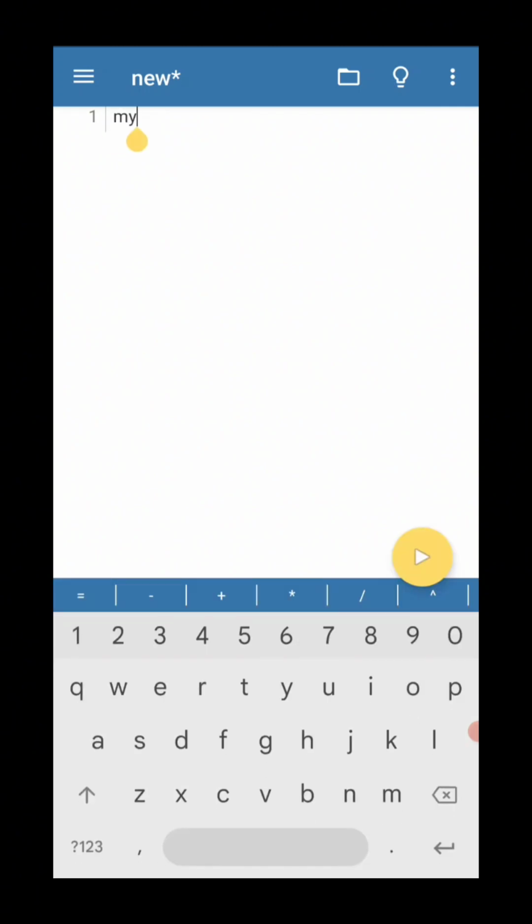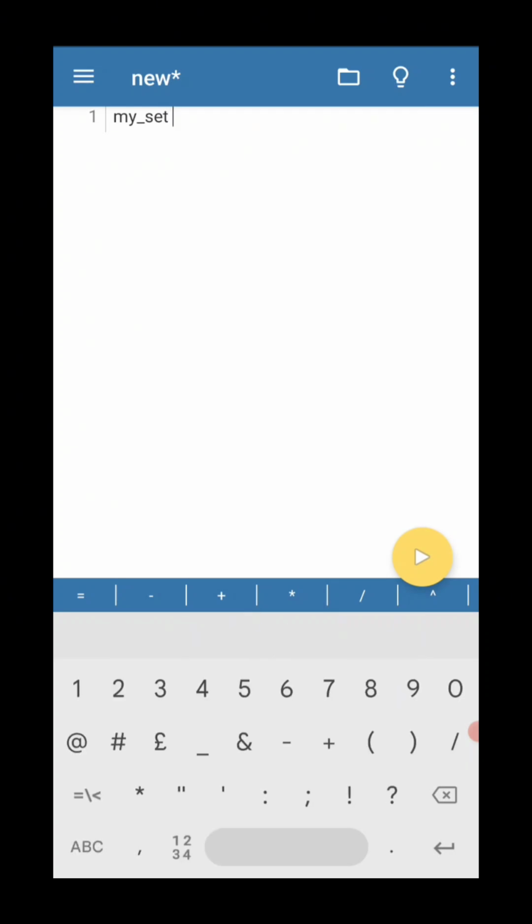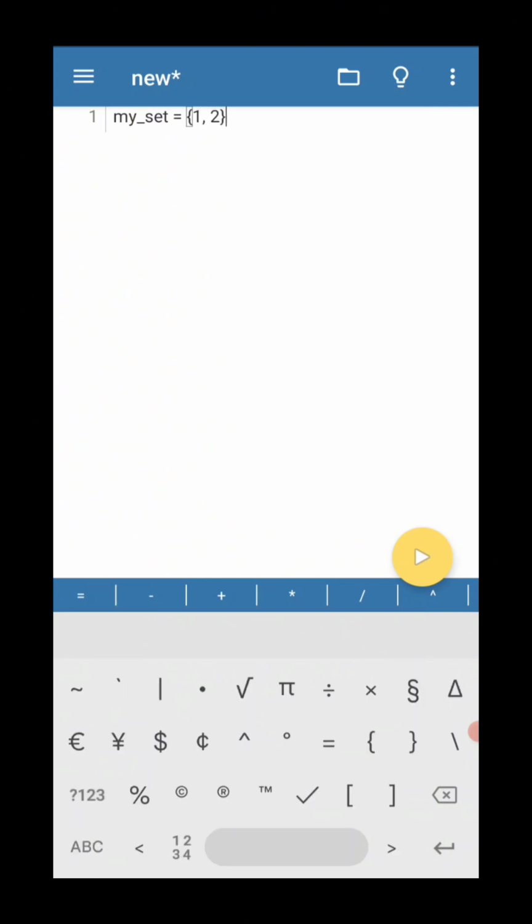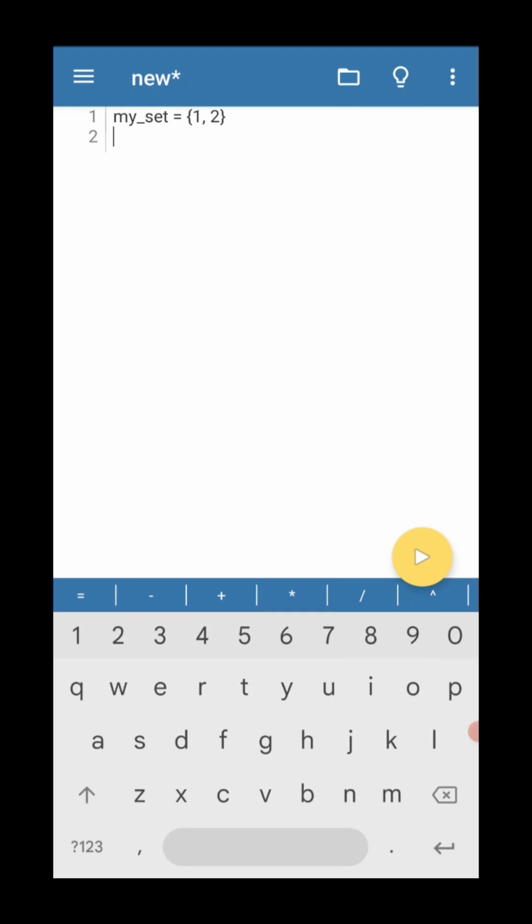Let's see why. So, this is Python 3 app, an IDE for writing Python code using a smartphone. I will create a variable called mySet. Okay, I have a variable named mySet. Then I will assign 1 and then 2 in it. Okay, so I want to add